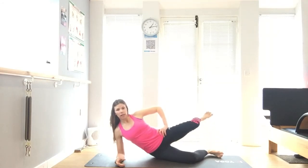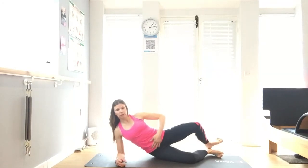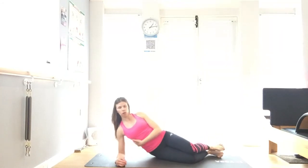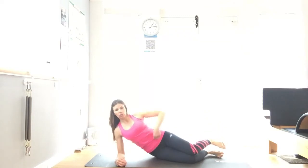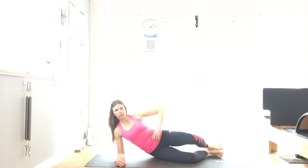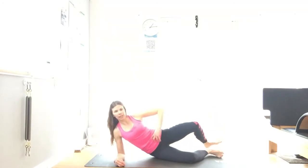So lift, lift, close, close the whole time, pelvic floor is lifted, navel pulled in, drop and drop, push into the shoulders, keep that waistline lifted and long as you draw these circles with your knee and your ankle, like you're trying to do an egg beater kick swimming. Last one, lift the knee, lift the heel, close the knee, close the heel, and then reach that top leg